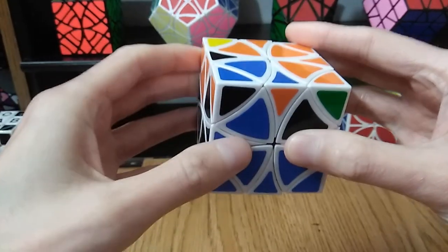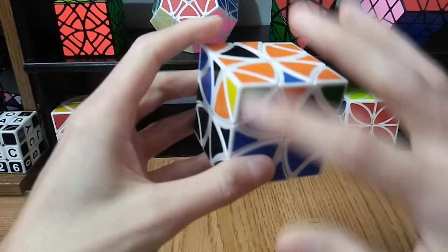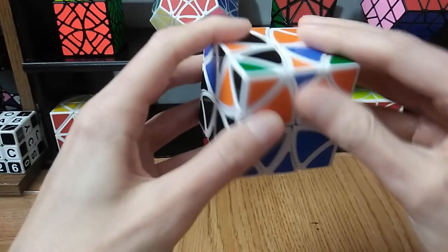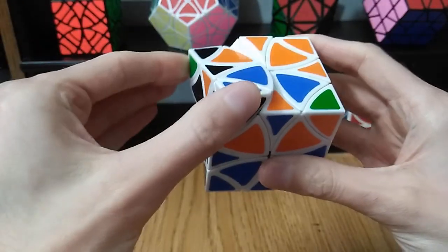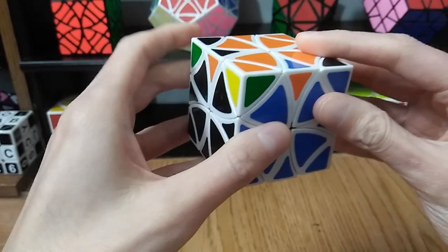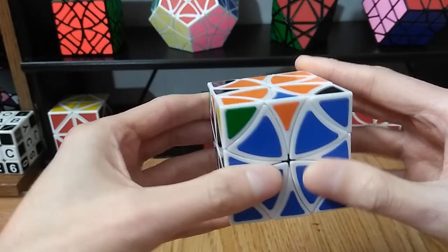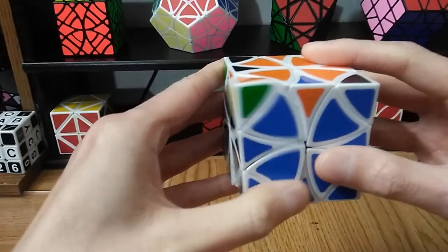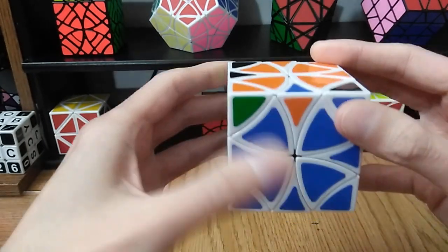But if I take this blue out of this space first, bring this black up to here, then that black is paired up together, and then when I fix the black, it pairs up the blues. So now those blue petals are correct as well. Now here, all you have to do is fix the centers of the edges here by doing those double jumble